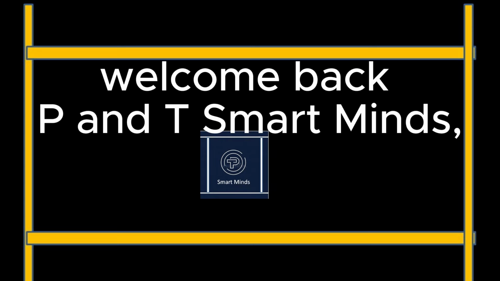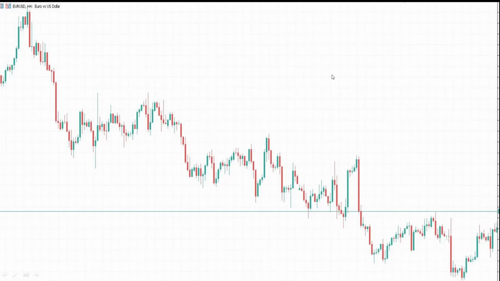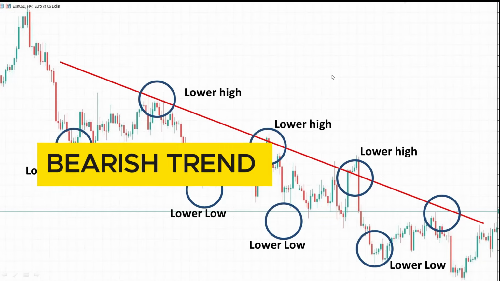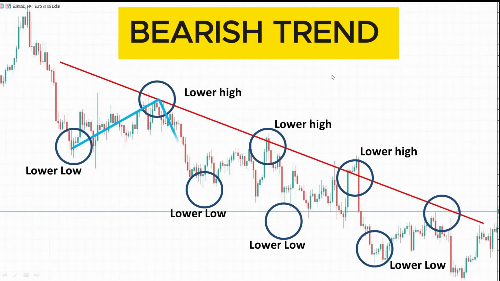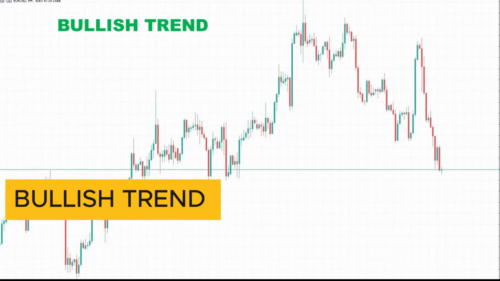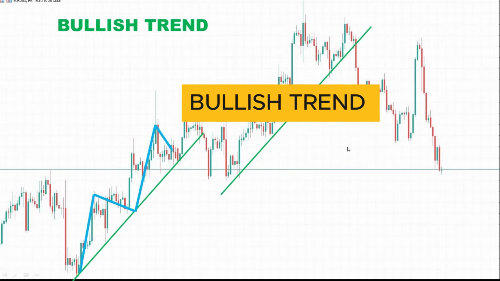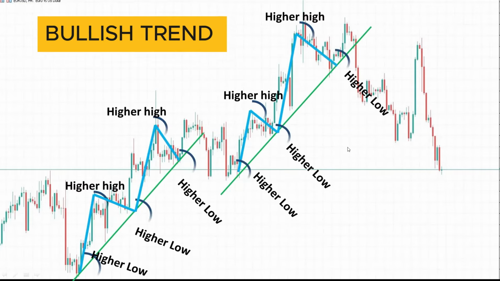Today, we will be looking into the market structure in forex trading. It is very important to know the market structure before starting any trade. Note that this is one of the crucial elements in trading. It is very important for price action traders, and it is the initial key step that every trader must take